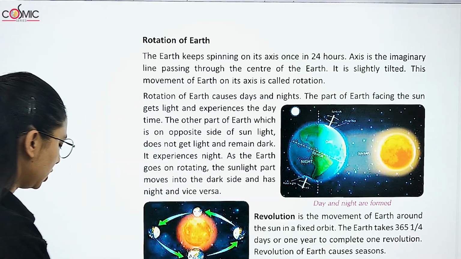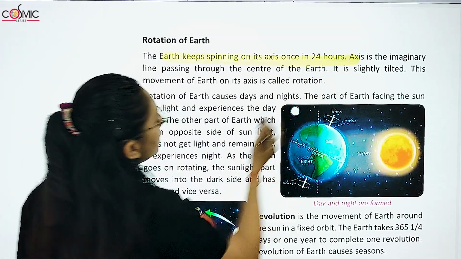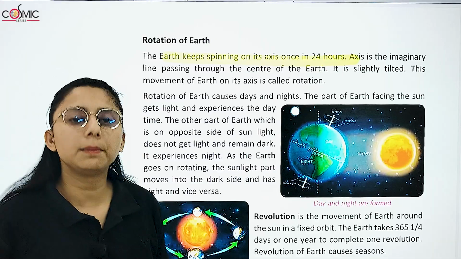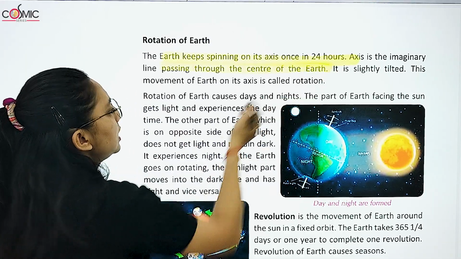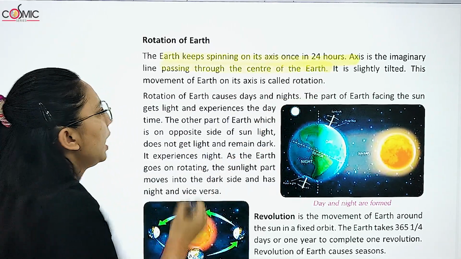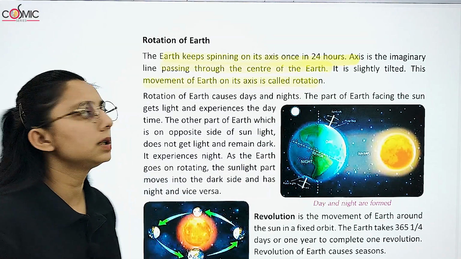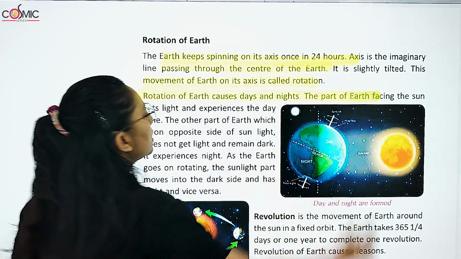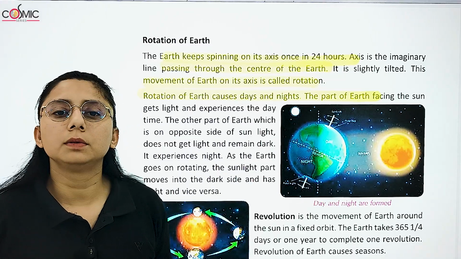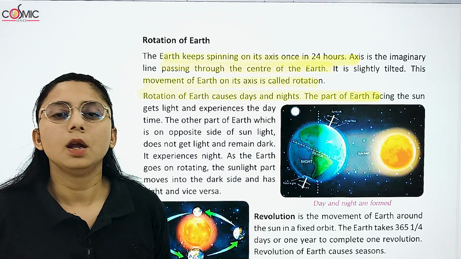So next is rotation of the earth. The earth keeps spinning on its axis once in 24 hours. एक imaginary line है passing through the center of the earth, वो slightly tilted है, and this movement of the earth on its axis is called rotation. इसको क्या बोला जाता है? Rotation. So rotation of the earth causes day and night,